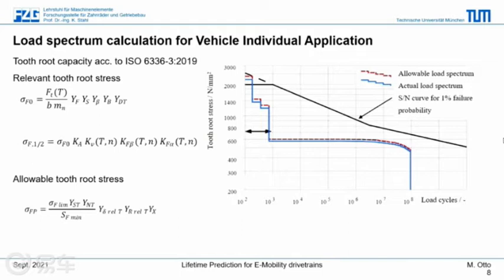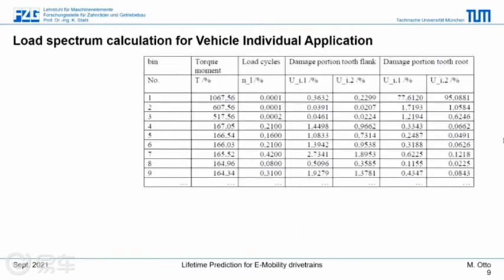Come to the next slide, where we see, well, in effect, nearly the same picture, but with a different focus. This is the calculation of tooth root capacity, which we need to run as well. It's working after the same scheme, so I don't want to explain this in detail. It's in general similar to the flank load capacity that we just focused on in the slide before.